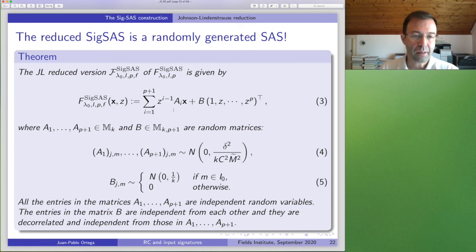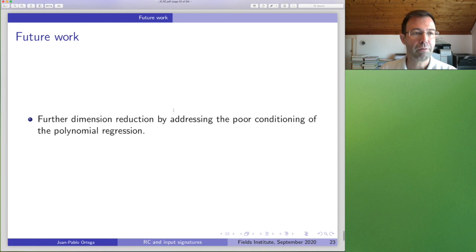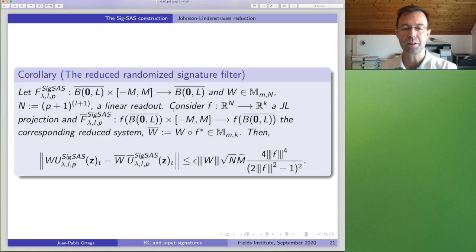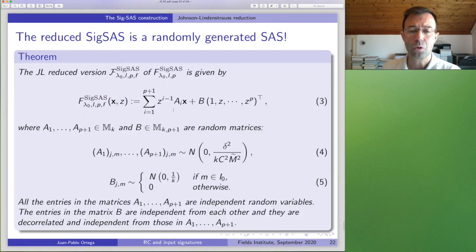There are many things that I put under the rug, details and so on. Many of them you have in the paper. Well, all of them you have in the paper. But there is one final consideration that I wanted to make, which is the bounds that you saw here. So there are all these error bounds and so on. If you just work them out and you look at examples, these bounds are not great, right?